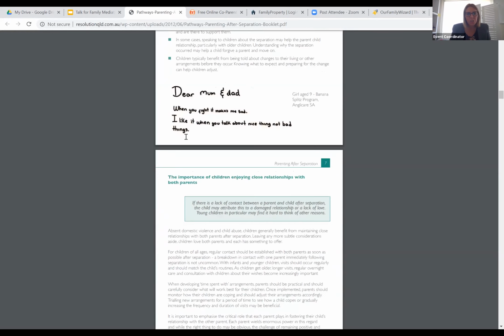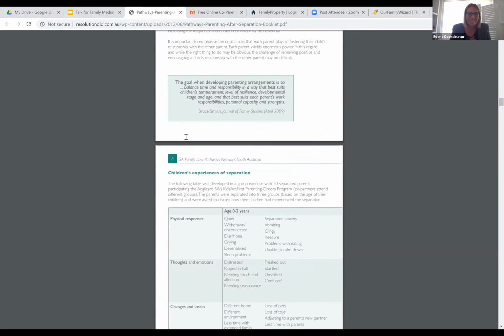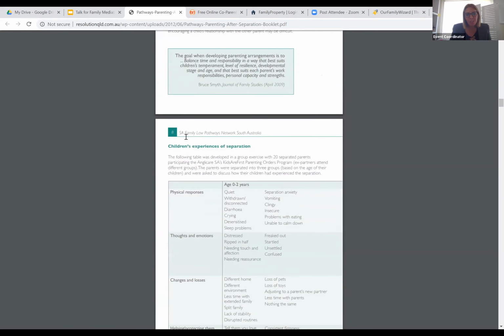So it also goes into how to resolve disputes, what are the options available, how best to speak to your children, the importance of close relationships, not just with the parents, but other significant people in the children's lives. And then also I find very important, my background is in social science, the emotional stages of development of children.